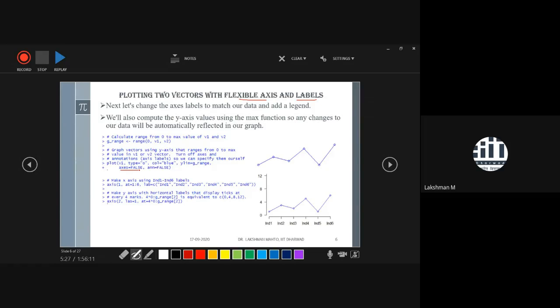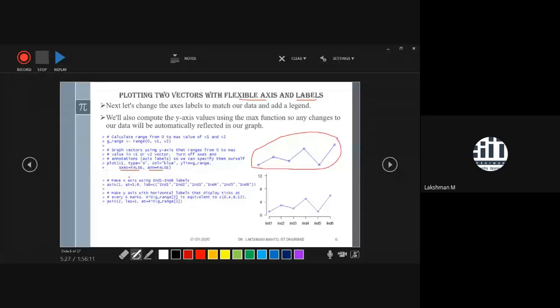That means the axis will not come. Annotation has also been removed due to this logical operation, and we just observe plain plot of the points. Axes and other things have been removed using this logical operation.